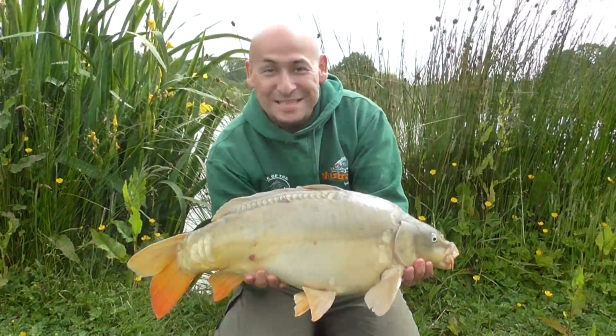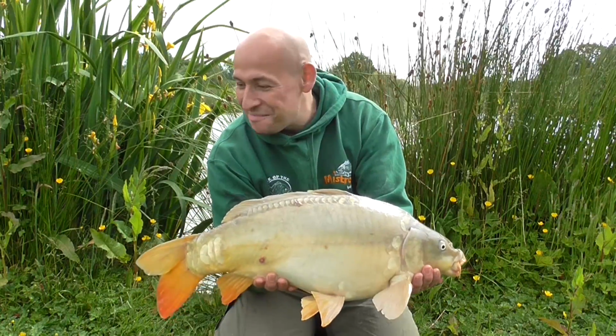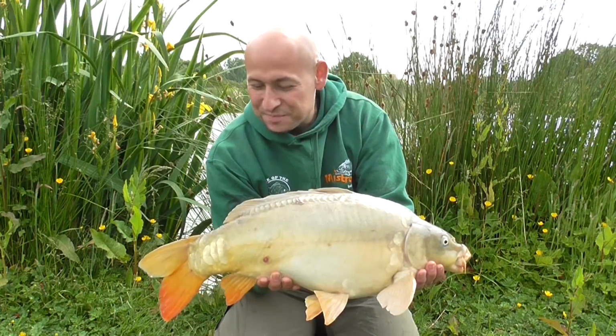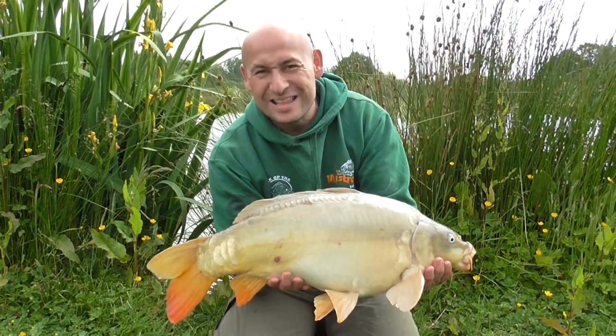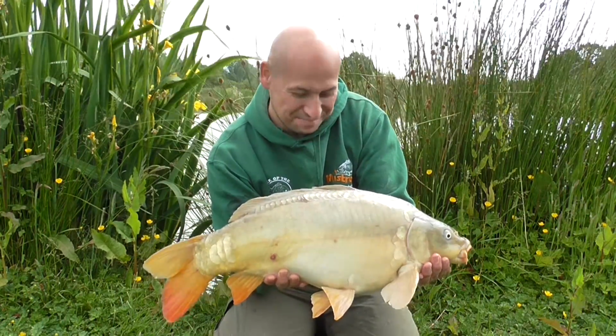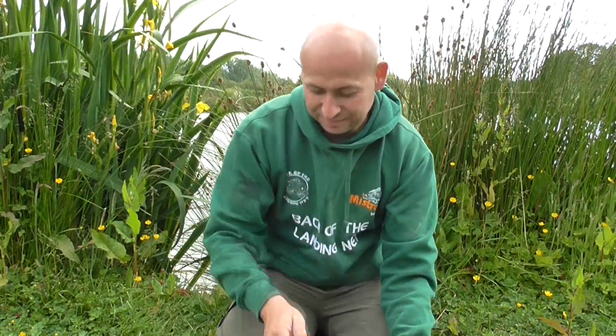There we go, second carp of the session for me, and really am quite happy because it's such a short session ahead of another session later on today. So going really well for us, and I've got a feeling that these fish are going to spawn soon, and I'll tell you why in a minute. But really good start down here, and the reason why,